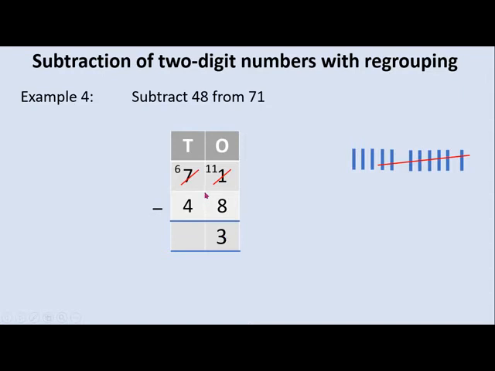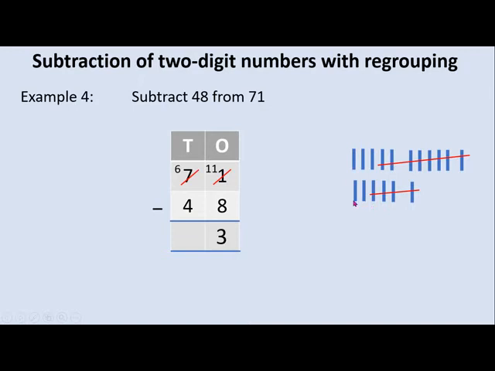Now we will move to the tens column. Here we have 6 and here 4. That means we have to subtract 4 from 6. So I'll put 6 lines first. 1, 2, 3, 4, 5, 6. Now I will subtract 4 from 6. Therefore I will count 4 lines. 1, 2, 3, 4, and I will put a cross line over those 4 vertical lines or standing lines.